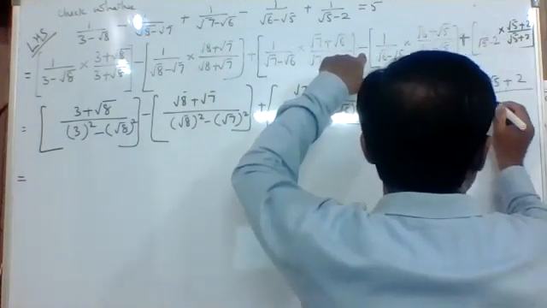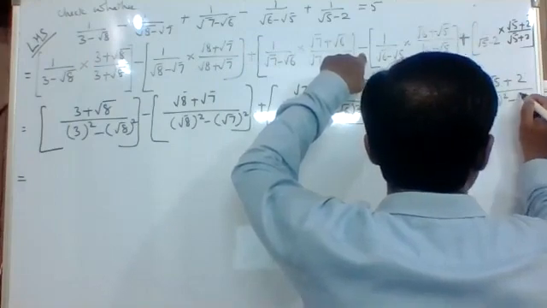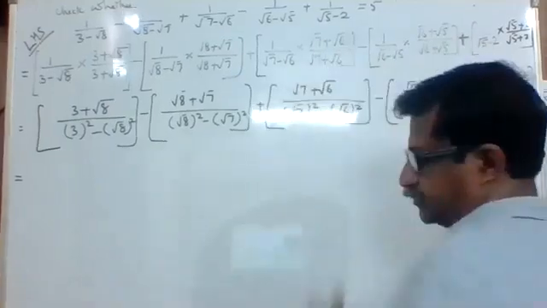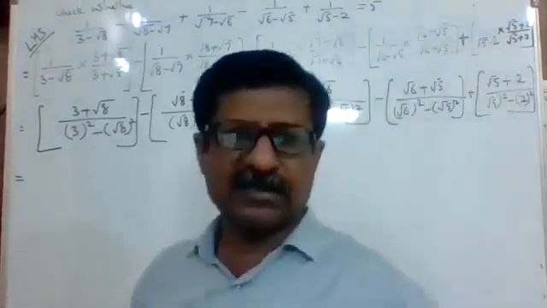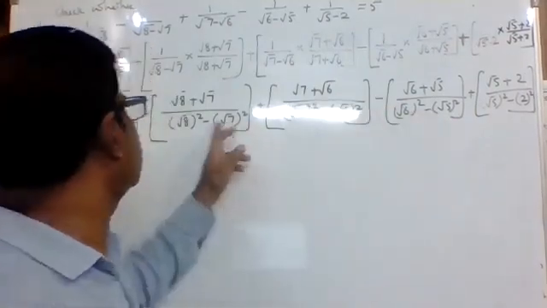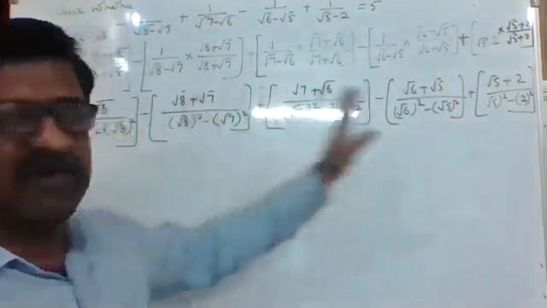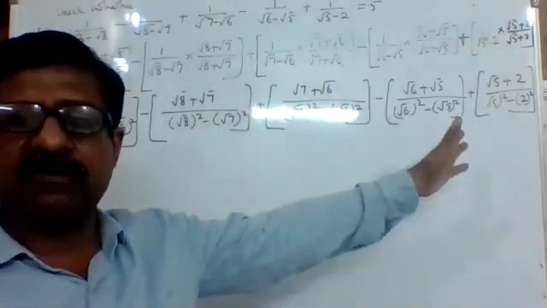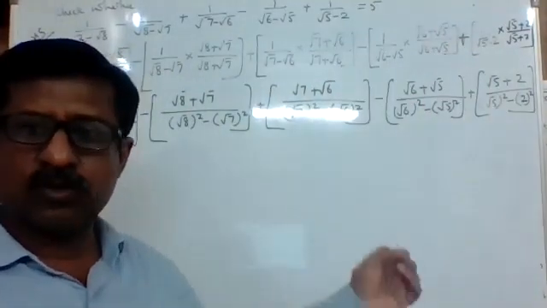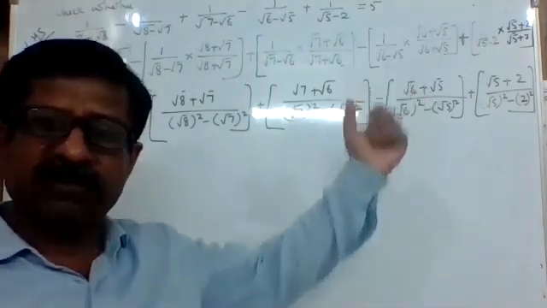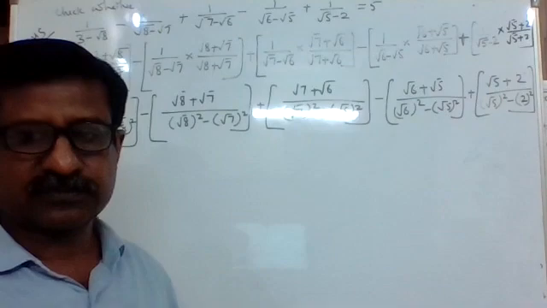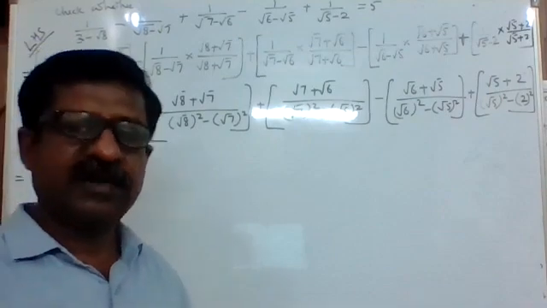Here you have to keep in mind, you have to multiply a minus b, a plus b, that is a square minus b square. This time b is not root 2 whole square, this is 2 square. All other terms had the root sign, root 6, root 5, root 7, root 8. Everywhere we got it, but at last we got only 2 square. It was not root 2 square. Whatever the question is, accordingly we do. Clear? Now we move to the next line.